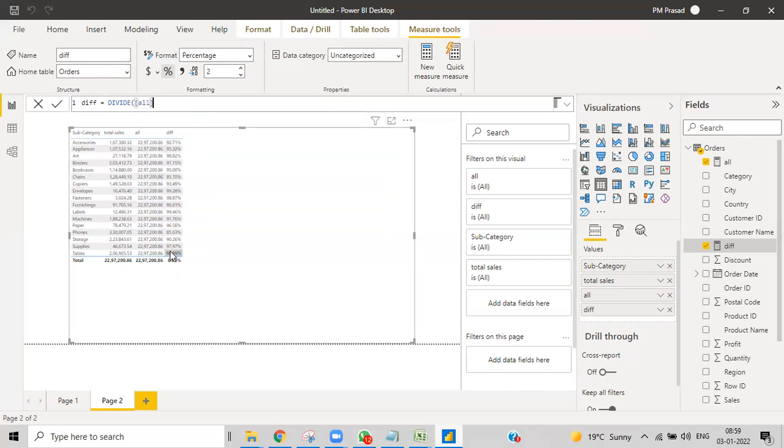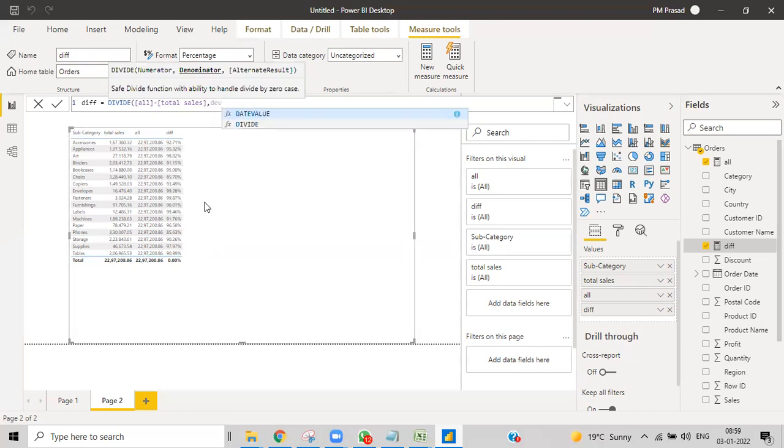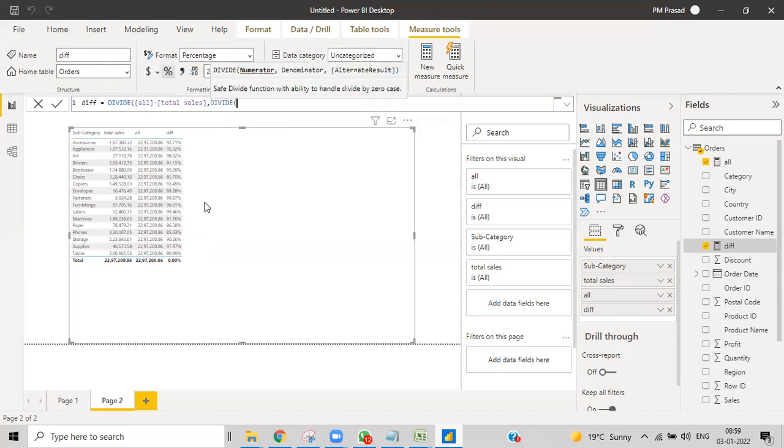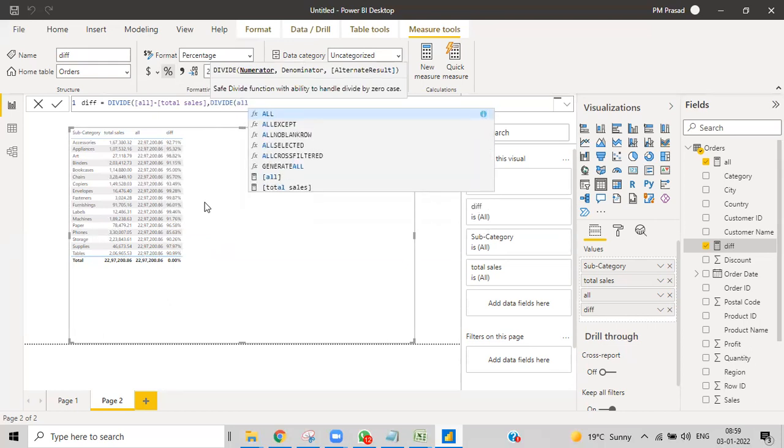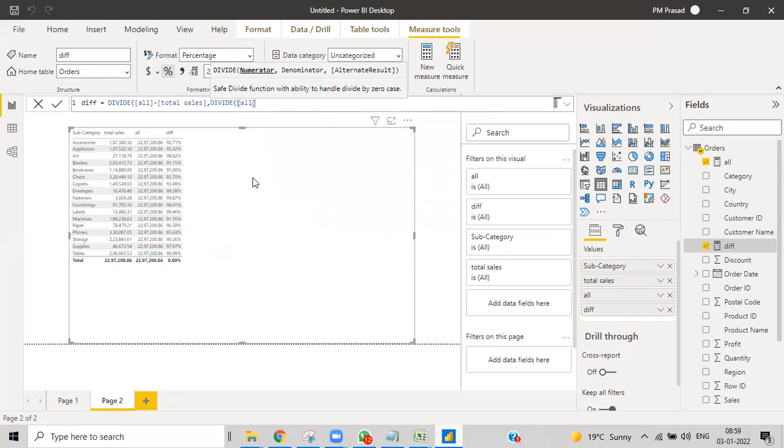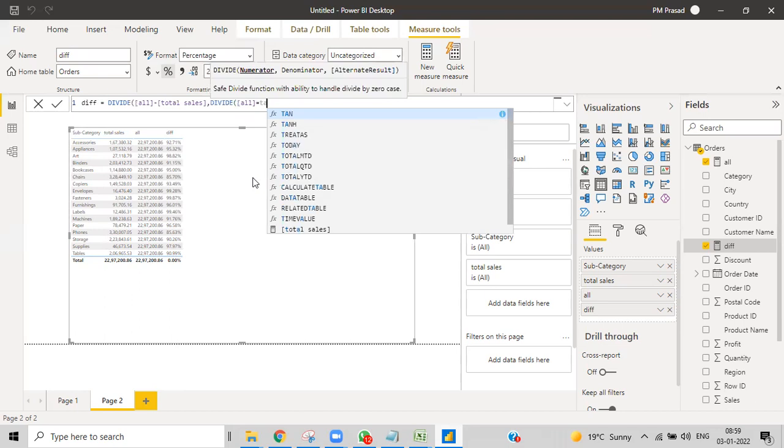A minus B. Okay, write that also, sales. And then again, A plus B by 2, so divide again. A plus B, all, in the total sales.